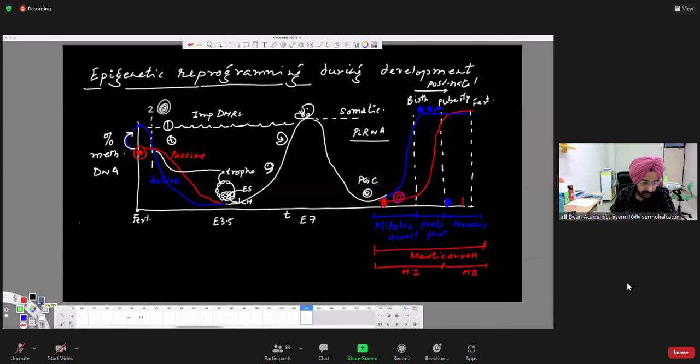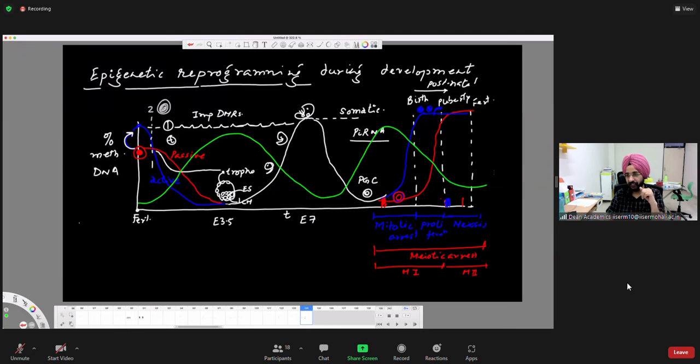Anyway, so let us take one graph here. Let's say I want to plot the trajectory for an active histone modification, let's say H3K4 methylation. So it will be the inverse of this, right? So it's going to go like that. Right? If I plot H3K27, it will follow the DNA methylation. H3K9 methylation, if necessary, will follow the methylation. Right. So you can extrapolate other histone modifications.